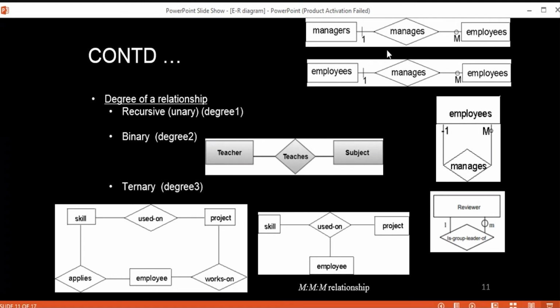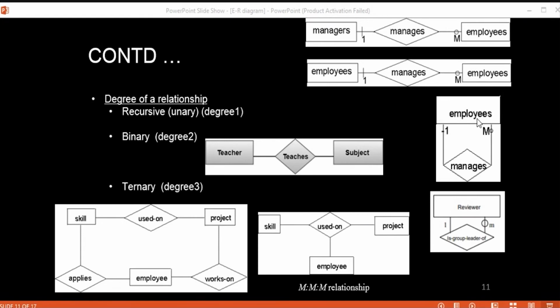So we have replaced that manager with that employee. So we can say that one employee is going to manage many employees. So instead of these two entities, which are nothing but the same thing, we can just represent it this way.